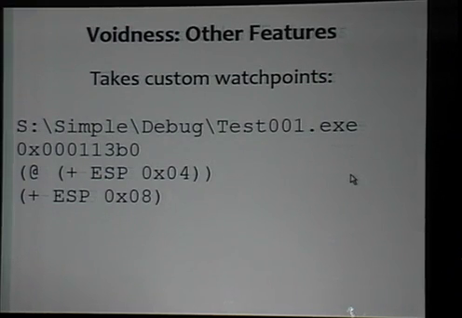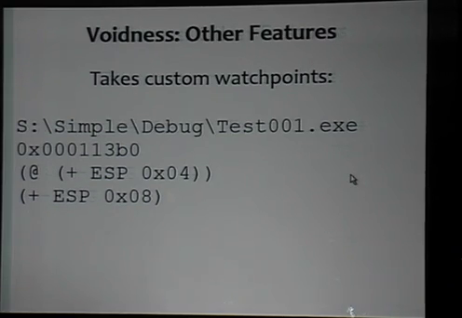So, other things about Voidness, other features. I was talking about those custom watch points. This is how we end up implementing the start of the taint. While we're tracing the data flow through the program,